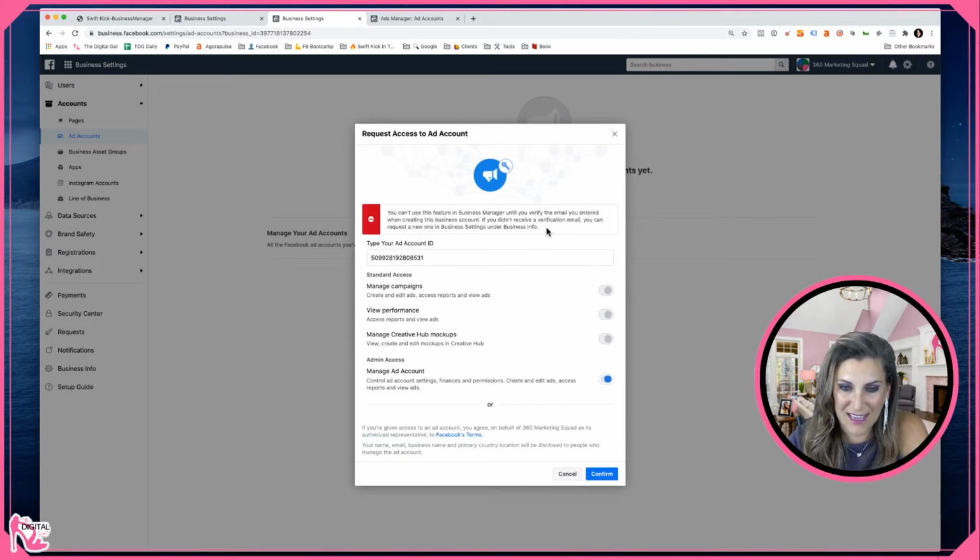And it's saying that I can't do this feature yet until I verify the email address entered during the setup phase. So I still have to go through the verification setup process, meaning I just have to go to the email that this was set up with and verify this account. And it's very important that you do that, because if you have a discrepancy between an unverified business manager account and the emails that you have on your personal account, you can get locked out of your business manager account,